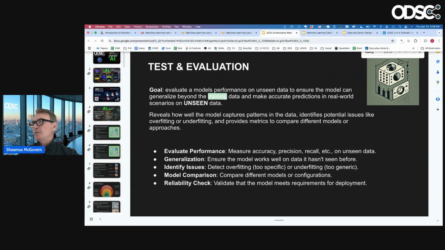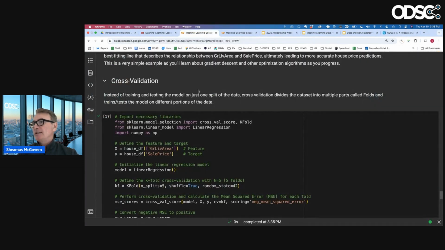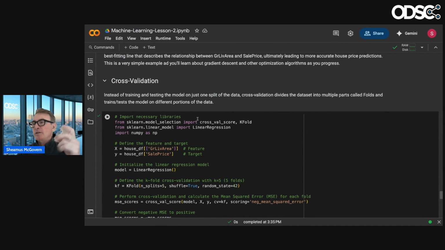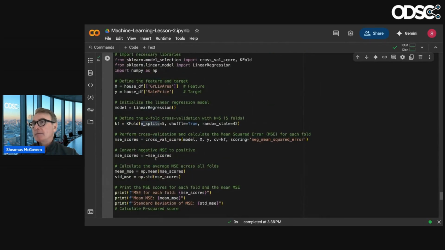Instead of just doing one test and training set, we shuffle it, and we're doing five different splits, moving the split five different times. Let's see if that gets it any better.